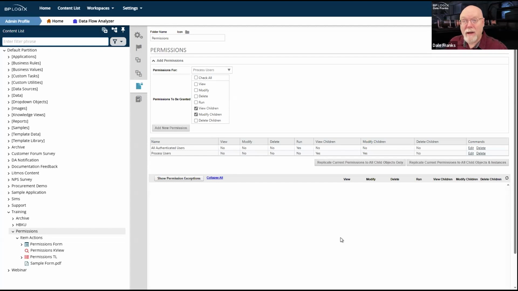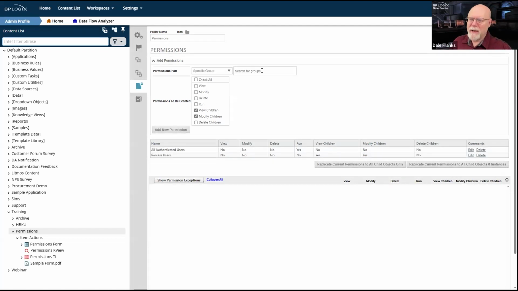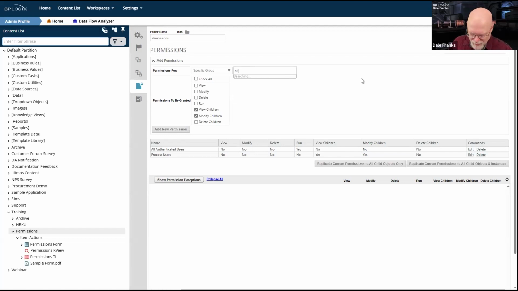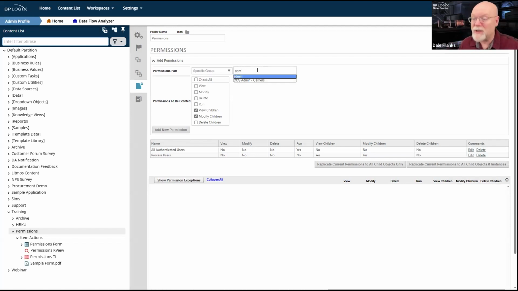On the other hand, I may have implementers who I want to have access to the content list, but I don't want them to have too much access to the content list. But I might have some super user group or whatever. We'll just call it administrators, because I don't think I have a particular super user group like power users or super users. I don't think I have groups like that. I do have admin, which is kind of dumb in this case because everybody in admin is a system administrator. So, okay, CCS admin carriers.